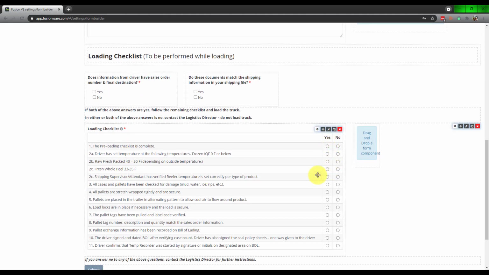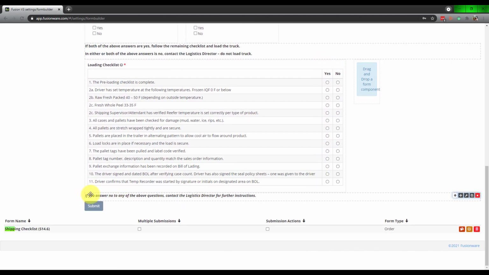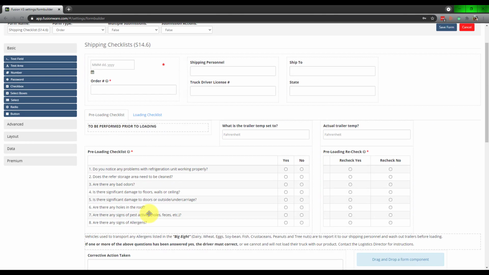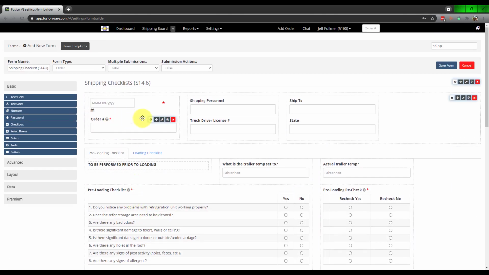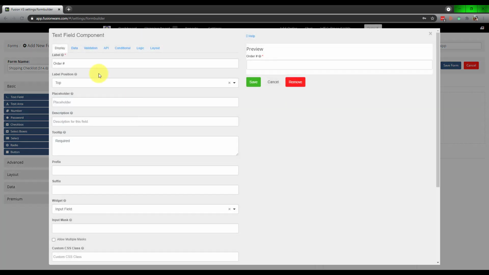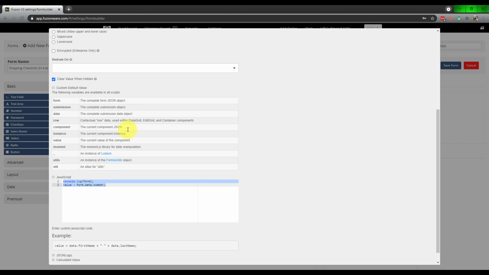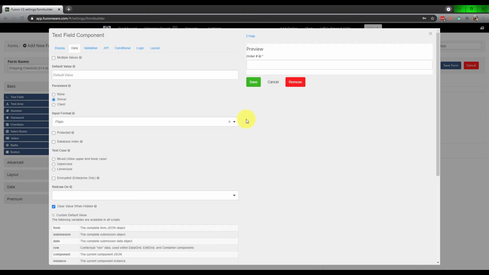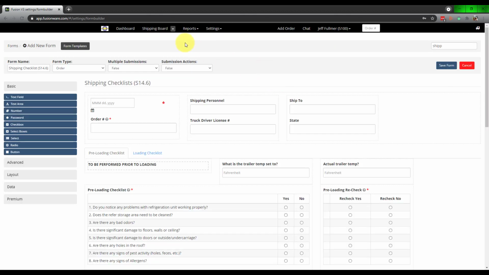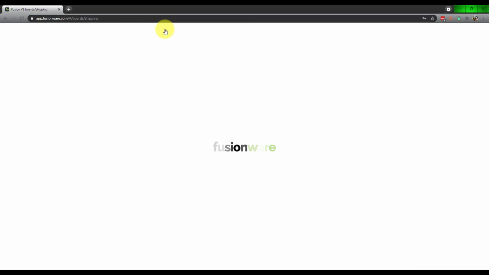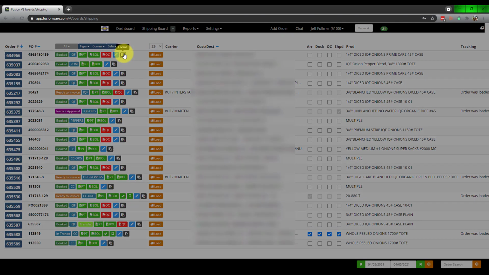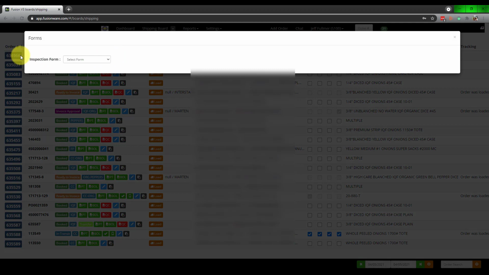There's checkboxes for yes, no, or the actual surveys. And then there's one thing that we've done here. You're able to add JavaScript to these forms, and we're able to attach data from the form or from that order itself. You can see I've got some JavaScript down here, and basically this is to show you what's possible with these forms. So we'll go in here to fill one out and show you,